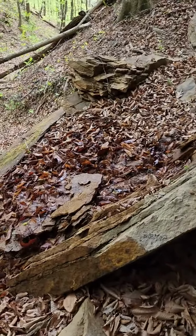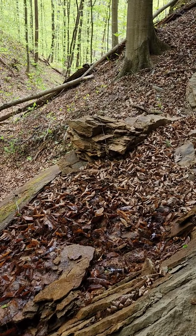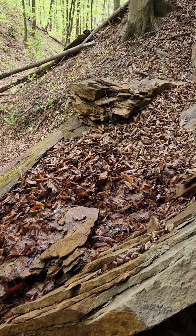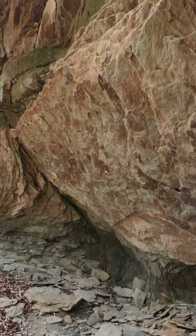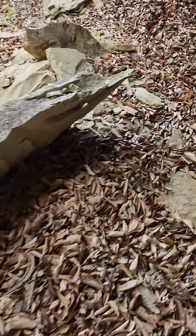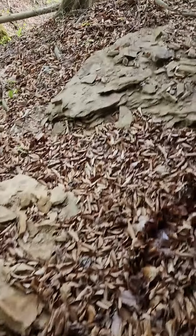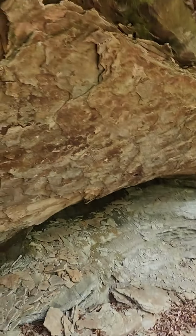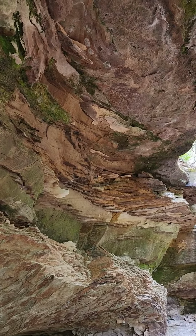Now, first thing I noticed on the way up is fresh rockfall. Right there, that is fresh rockfall. So if you've got a shelter cave where the rocks are falling and it's really not suitable for anything except to visit from time to time, you don't want to hang out there for very long. Now, as we look at this edge right here, we can tell that there's water leaking